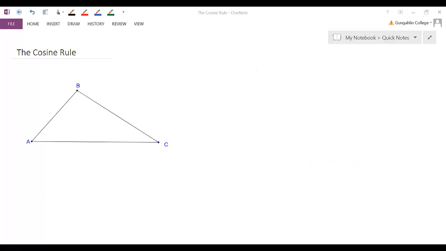The cosine rule is a second rule related to non-right angled triangles that is actually derived from exactly the same triangle as for the sine rule, but we're just going to go through a slightly different process. Just as before, we're going to draw the perpendicular line to the base and call it H. But this time we're also going to start thinking about lengths along this side. So in particular, I'm going to call this distance